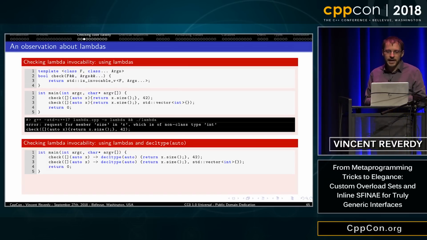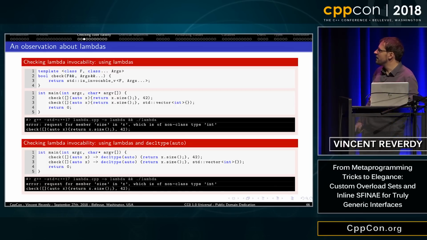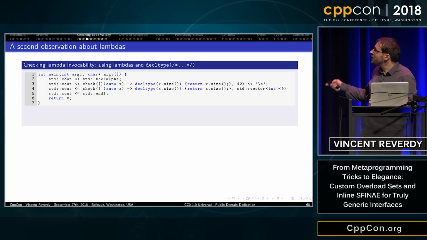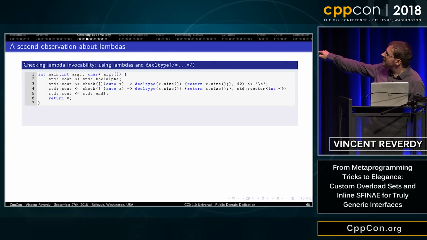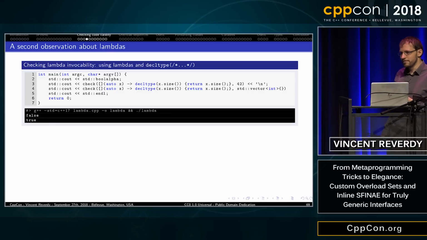Now let's try something else. Let's try to deduce the return type by writing decltype(auto) as the return type. The only change is decltype(auto). If I do this, same thing, I still have an error. Now let's try a third thing. Now I set the return type of the lambda to decltype of x.size, and I run it, and now it works.